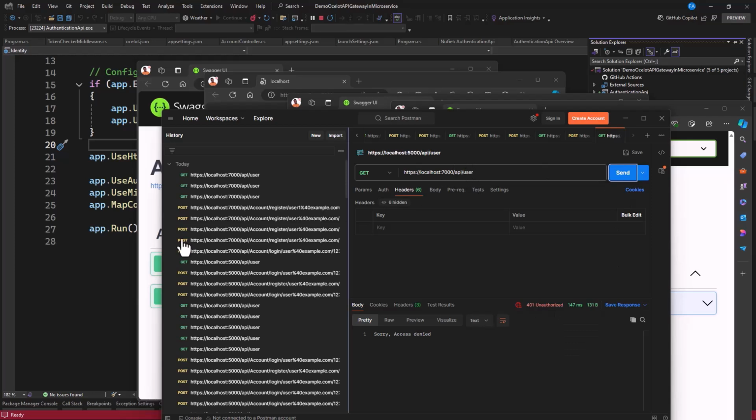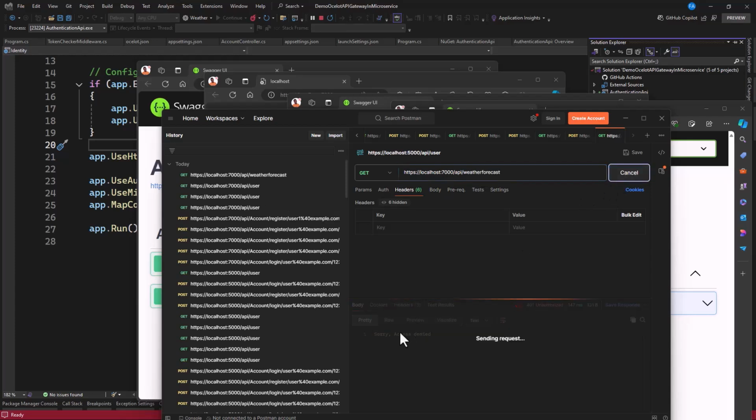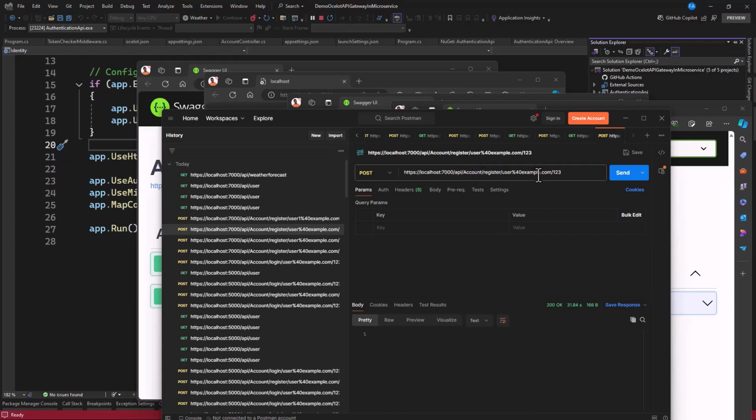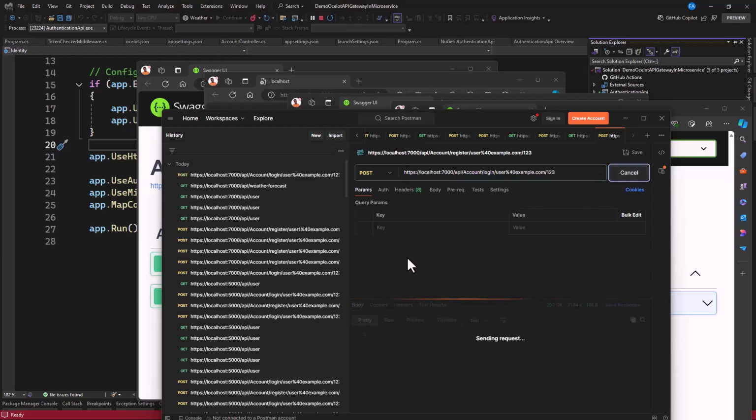If I go to weather forecast, let's see. Click on send. I have the same thing. Now let's log in and check it out. So from here, I have this 7000, and now it is a username and password. So you're going to log in. There's no more register because you have an account already, and that is login. Let's see whether we're going to have a token. Okay, so this email not found. Alright, so we just started, so you have to create.